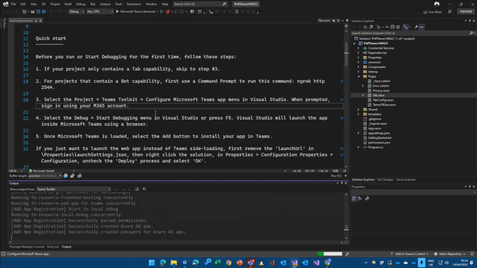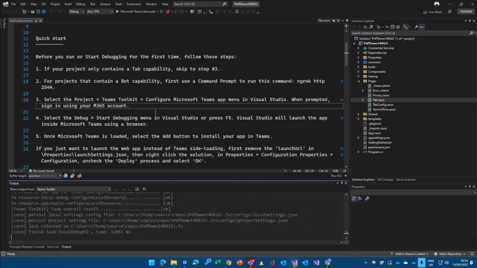That's important. That used to be part of the automatic scaffolding. So what is the Teams Toolkit now doing? It's creating an Azure AD registration, app registration. You see that now in my console here, and creating manifest files and all those kind of things that we need to be able to run our Teams application. And it's very cool that it's now on click and not automatically when we create stuff. So we would have the option to prepare something, to set something up in the way that we want it and not automatically something gets created.